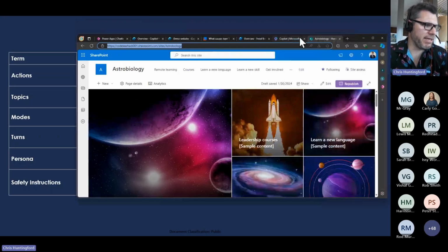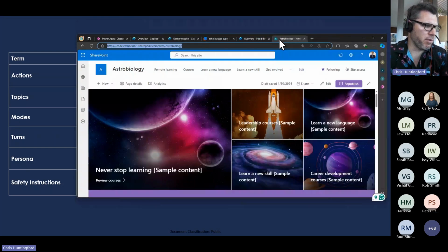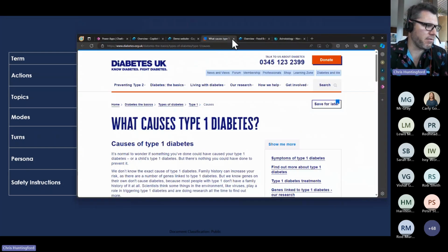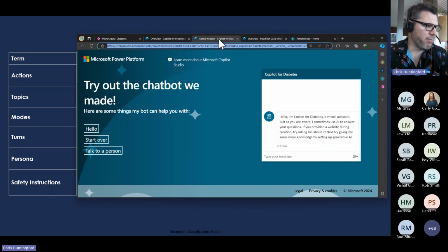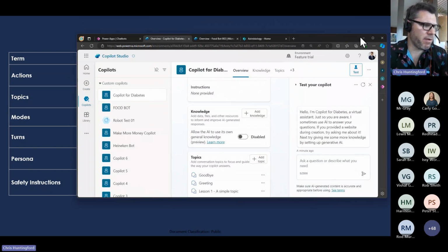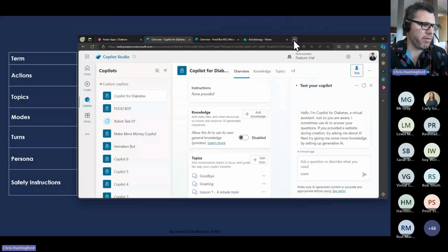What I'm going to do is get out of this Microsoft one, and we're going to go ahead and close the demo website because I love tabs. Okay, and we're going to go ahead and go into the new user experience, and that is copilot.microsoft.com. And I will tell you, it looks a whole lot prettier than copilotstudio.microsoft.com. So if I go in there,